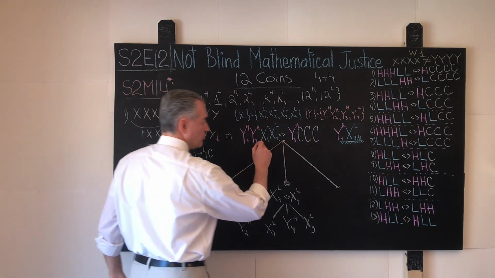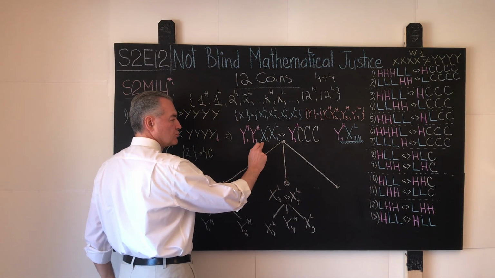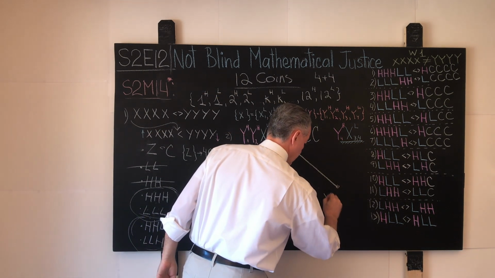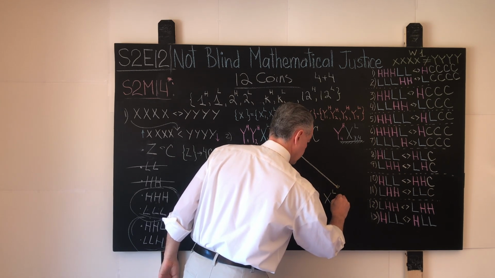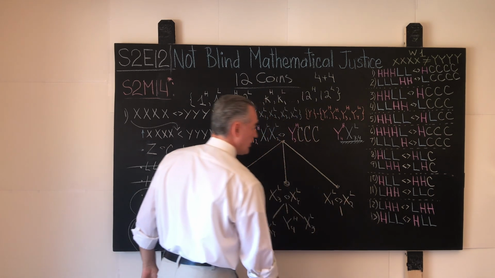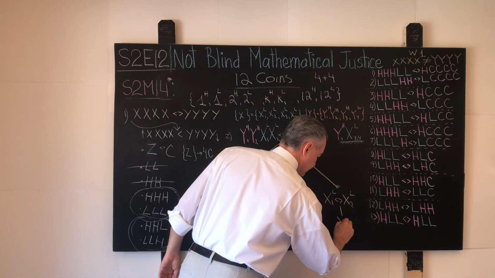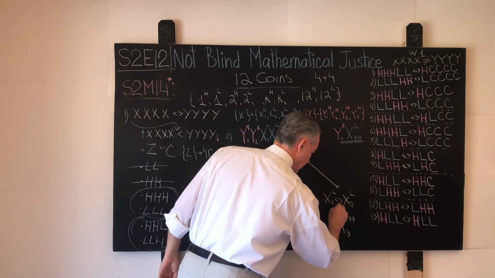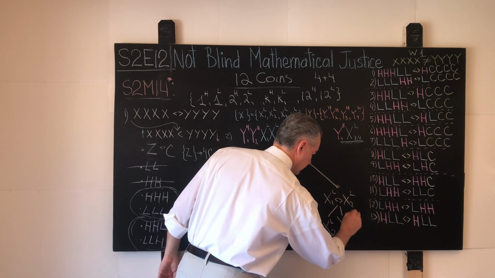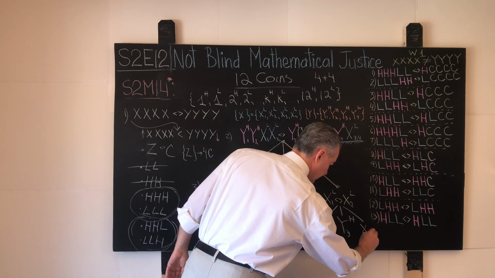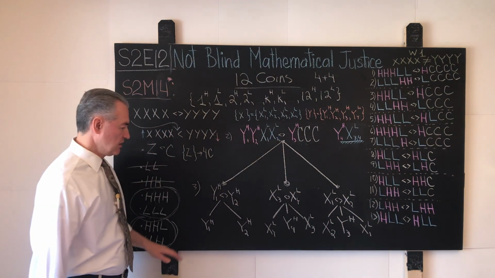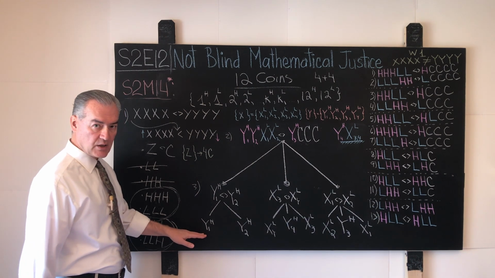And in this case, we basically weigh 2 competing coins of the same weight quality. So here we will measure X1 light versus X2 light. When the pans balance, then the fake coin is named Y3 and it is heavy. When the left pan goes down, the fake coin is X2 and it is light. And when the right pan goes down, then the fake coin is X1 and it is light. Let us now carefully compute the number of outcomes that we have covered.